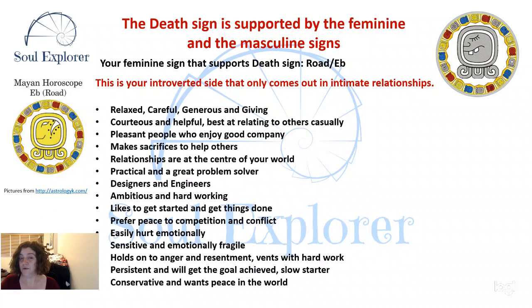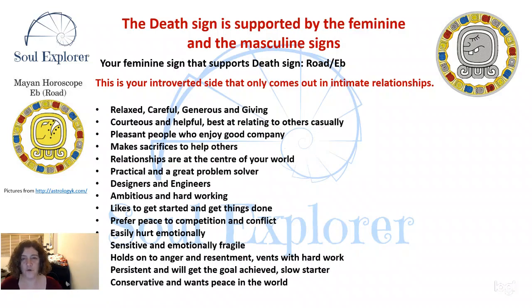Your intimate side, your feminine sign. Now this is the Road or Abe energy. Now this is the energy that only the people that love you will see. It'll be people in your family, close friends or very close neighbours, people that know you personally,